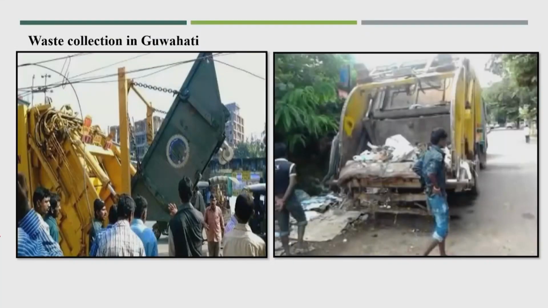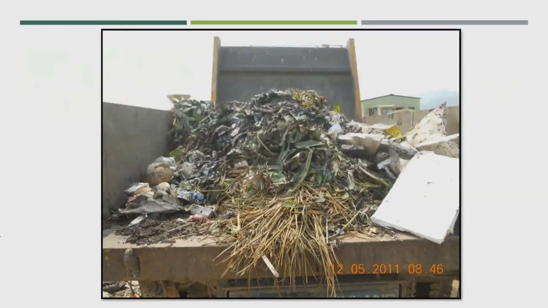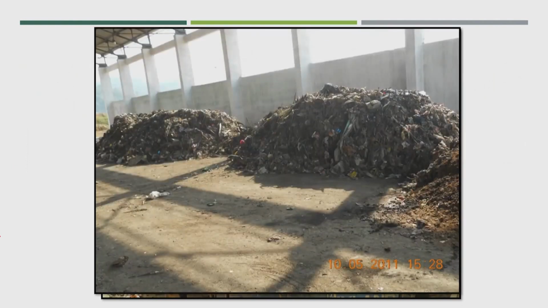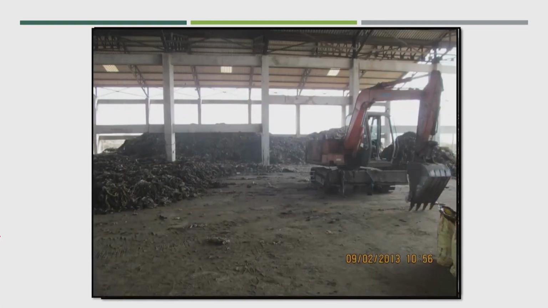So this is the waste collection. They are collecting by stationary compactor vehicles. So for this kind of waste, there is no segregation. Once they collect the waste, they store the material in the form of a windrow or pile. You can see a few more photographs. So, this is the pile I am sharing. So, this is the pile,